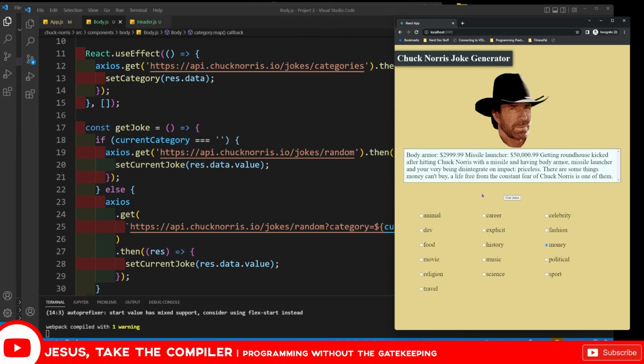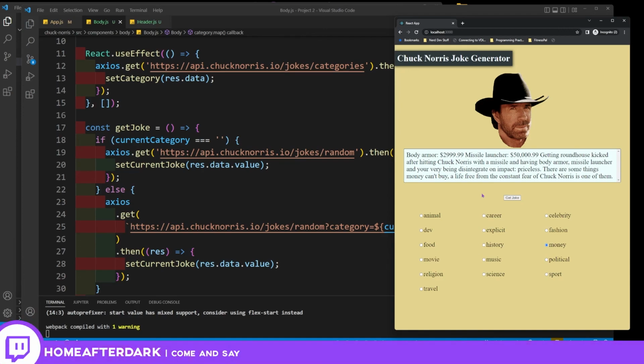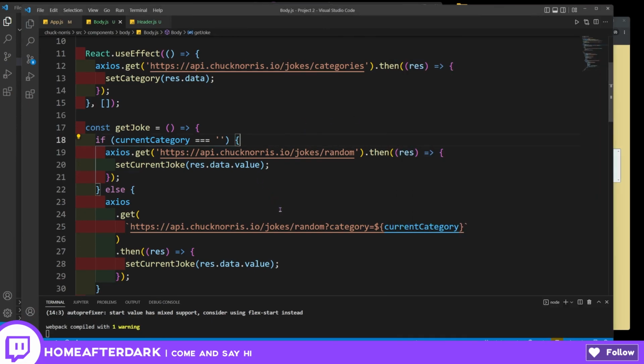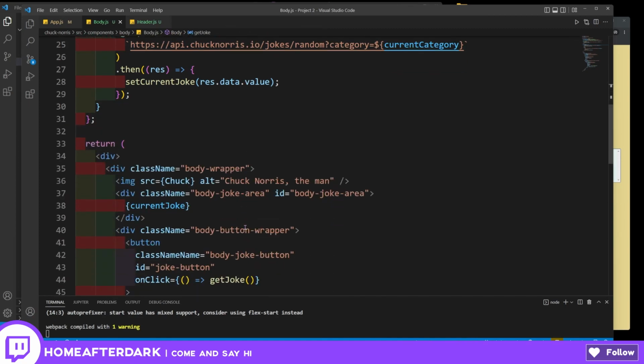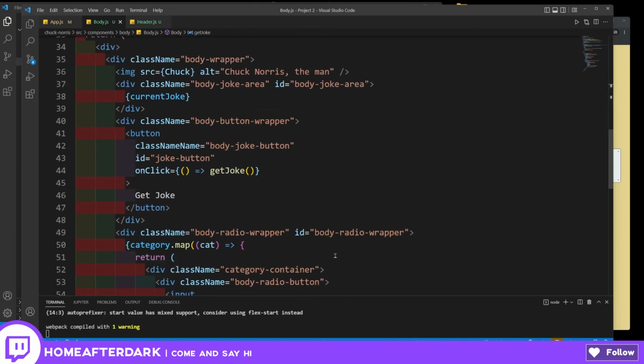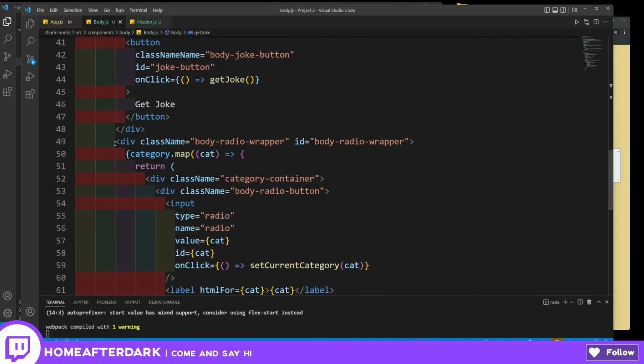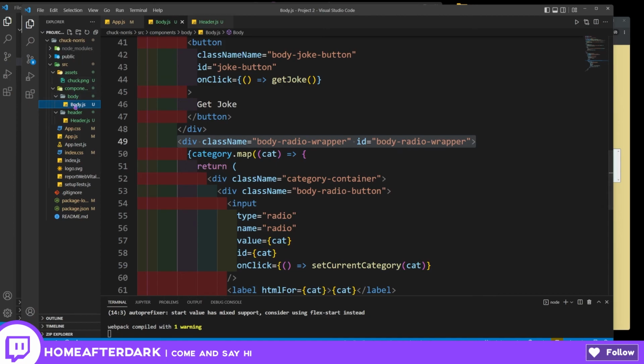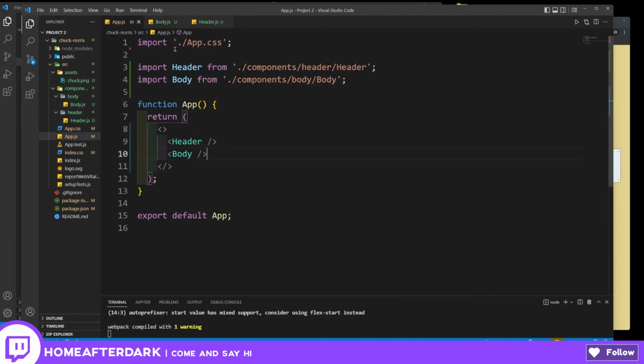And yeah, this is how you could translate your Chuck Norris website from a standard responsive website into React. You could chop it up into pieces, and as you've seen here, once you go over this and do it yourself and get used to it, you're going to see potentially areas where the body radio wrapper could be a component in and of itself, which we import into our app.js file here. It's cool because React allows you to chop stuff up into small, bite-sized things and bring it together, and somehow it all cohesively works,